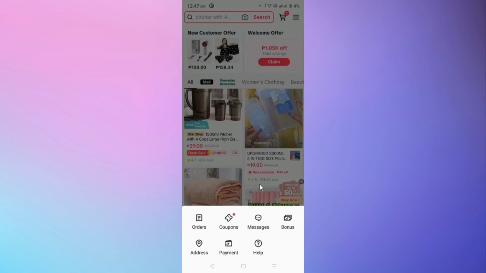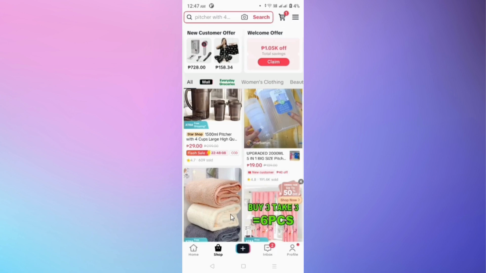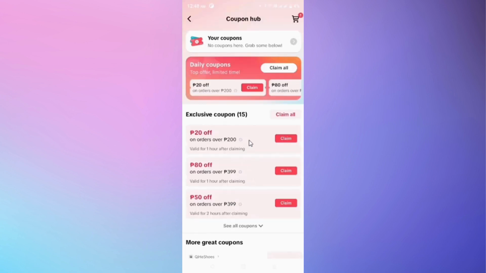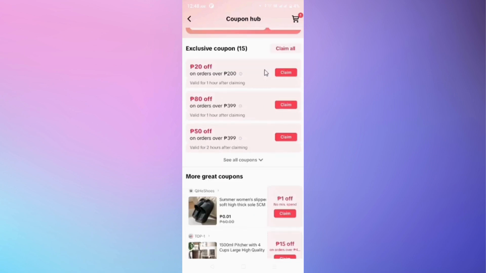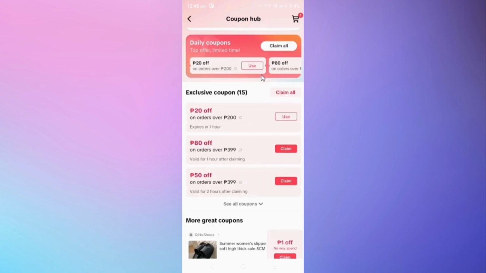And also, if you want to save more, you can click this coupon and you can try to use different TikTok coupons here. So just tap claim, or select any that you want.